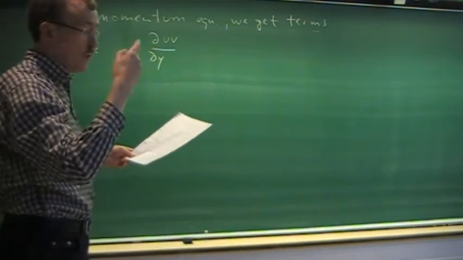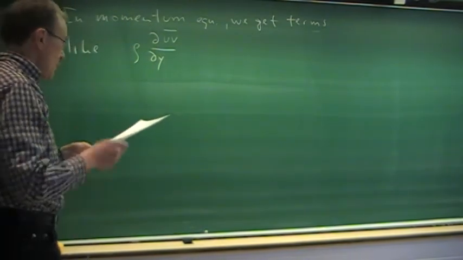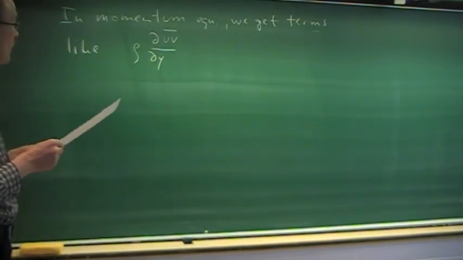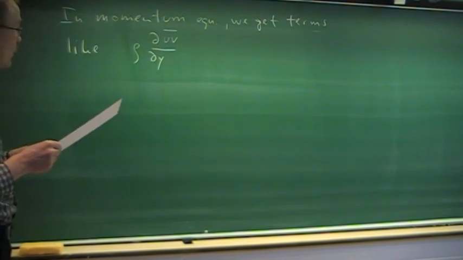And then when we do the time averaging, we get an average of that. So now we want to study, when we use the Reynolds ansatz, both for u and v, what